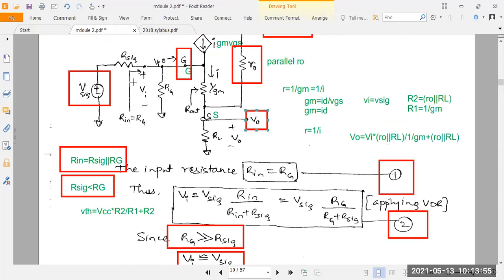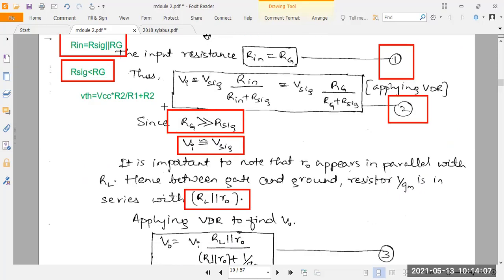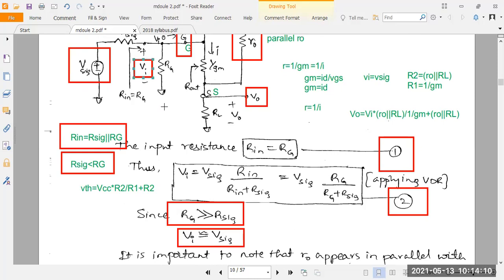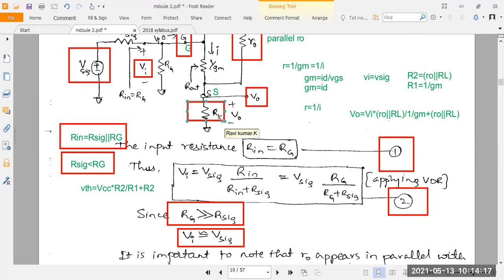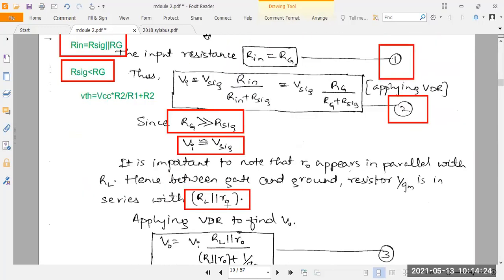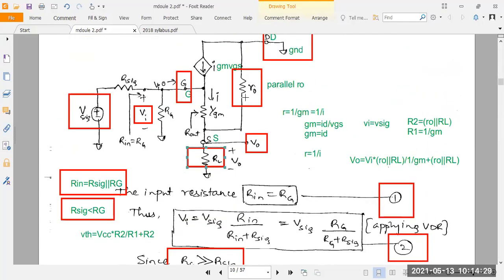For this VTH, what is the input voltage here? That is from the gate. It is Vi. Voltage across the gate, what is that value here? That is Vi. So instead of writing VCC, you take Vi. Okay, then you take now the ground resistance, means output resistance. What is output resistance here? RL. Then you have to consider R0 also. That is RL should be parallel with R0. Okay, instead of writing R2 here, you have to take RL parallel with R0 divided by